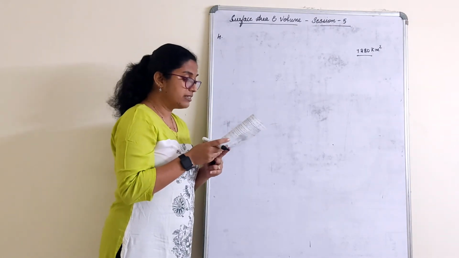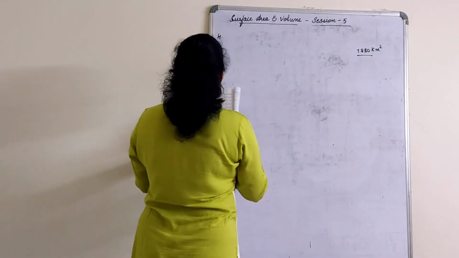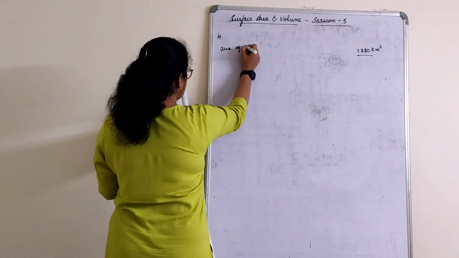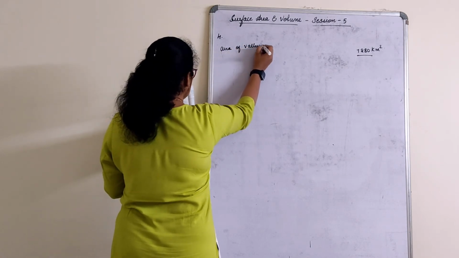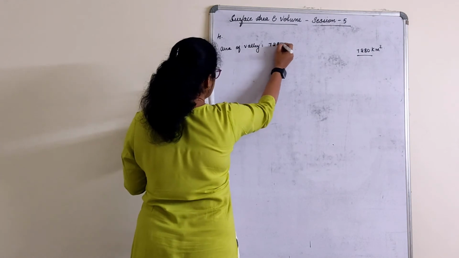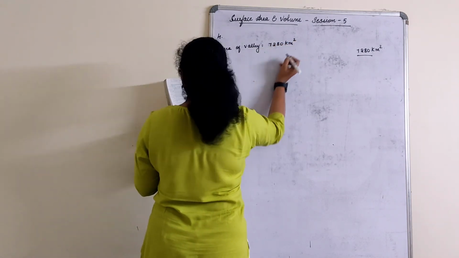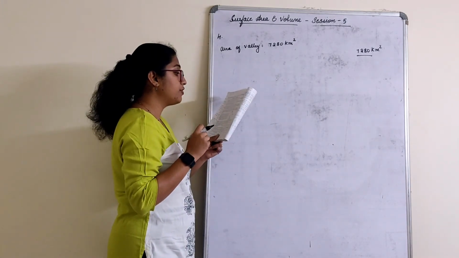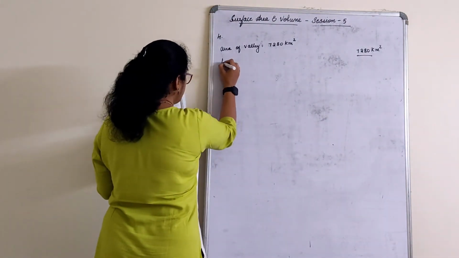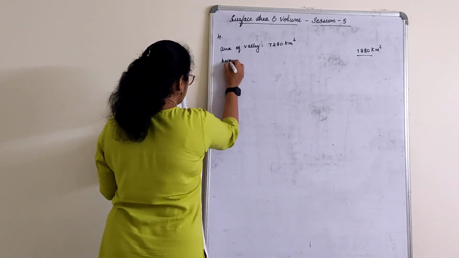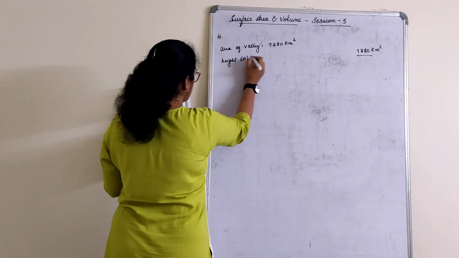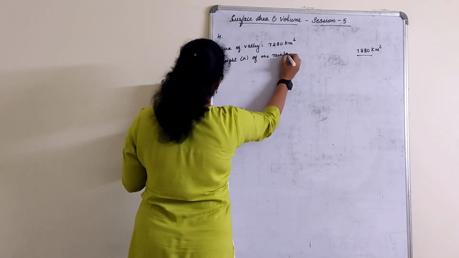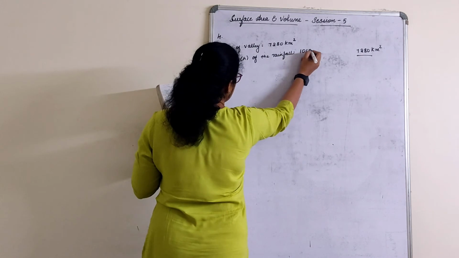So first of all, let us understand what the starting what they have given here is. What have they given? They have given us area of valley. Write down that. Area of valley, which is 7280 kilometer square. What is height of the rainfall? They have given here it as, there was a rainfall of 10 centimeter. That's the height of the rainfall. H, height of the rainfall is equal to 10 centimeter.